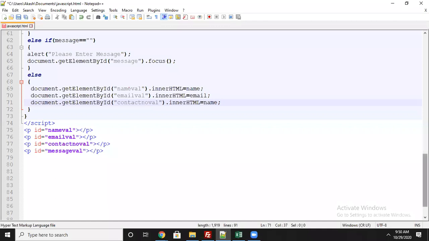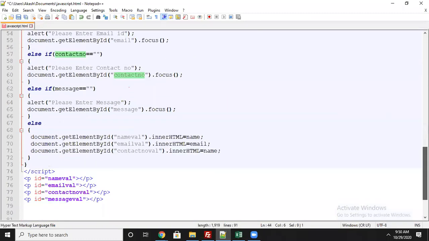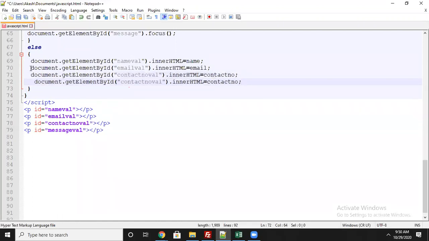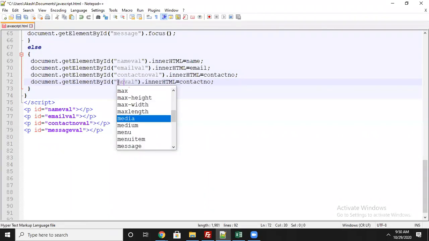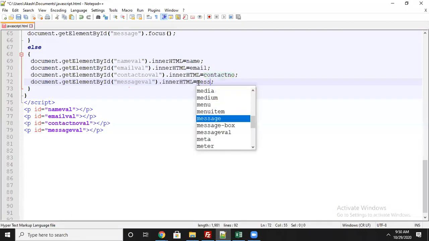You can see here we are capturing the value. For contact number, we are taking contact number. Now the last one pending is the message.